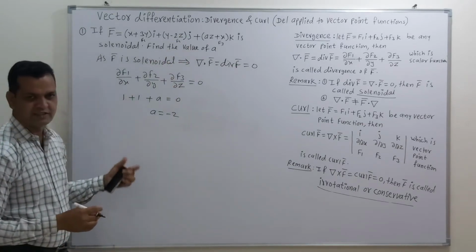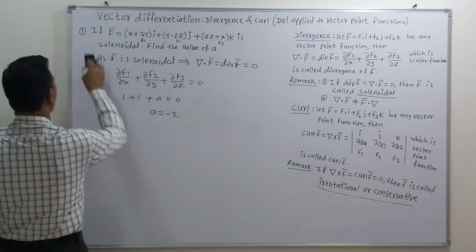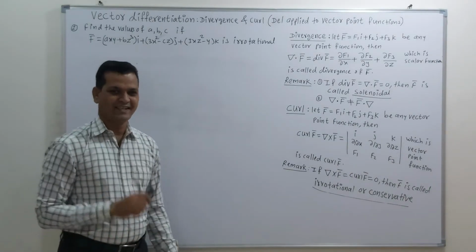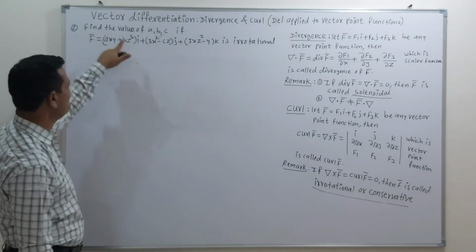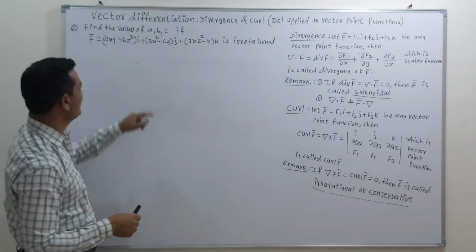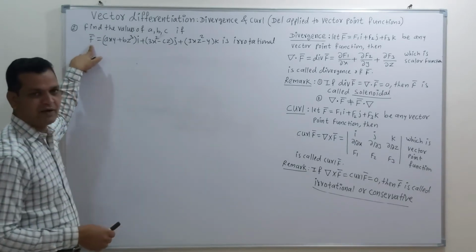So this is the first example. Now let's take the second one. Now friends, the second example is: find the value of constants a, b, c if the vector field f bar, which is defined as